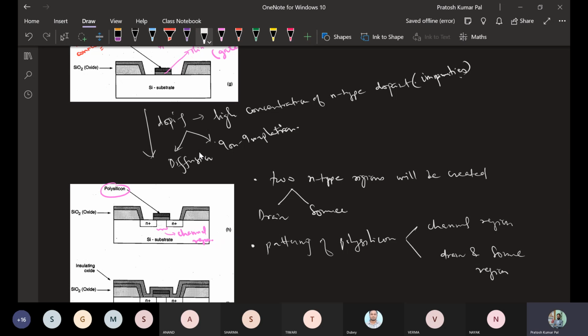So polysilicon will define the source and drain region also.